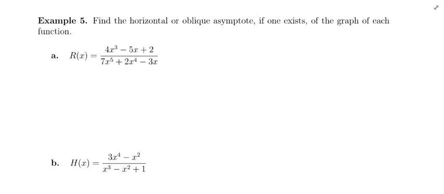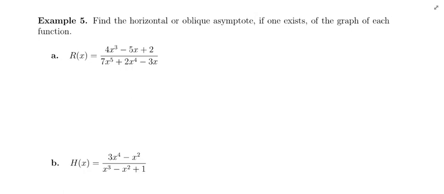Remember, it's not possible to have both on your graph. Your graph will either have a horizontal asymptote or an oblique one. Can't have both at the same time. It is possible for a rational function to have neither. Okay, going into this, we've already talked about vertical asymptotes. Some of these graphs may have vertical asymptotes as well, but we will not be finding the vertical asymptotes in